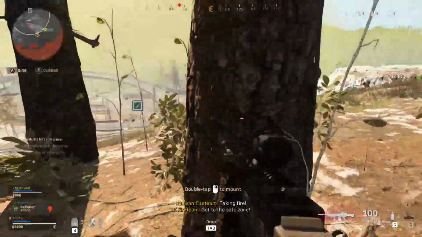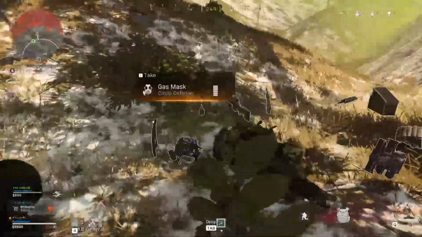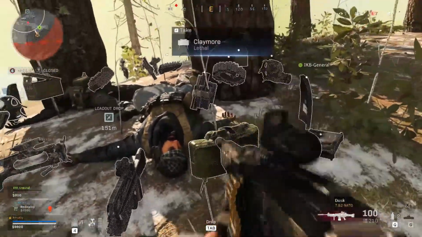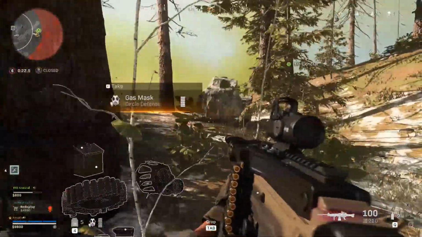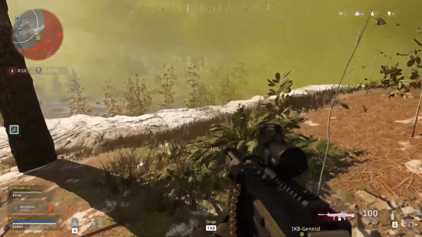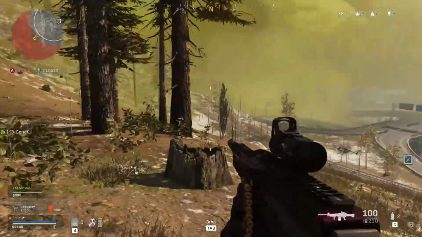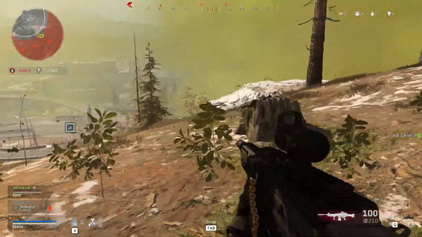At this point I've spotted it and gone back to replenish my armor, as well as gain the leftover armor that was on the ground. I've informed IKB General of the same, who's also very low on armor and health. Now with the zone closing in the next 15 seconds, IKB General brings in his UAV, which allows us to see two enemies in front of us and two enemies on the left. I make the call out that he takes the two enemies in front of us while I take the ones